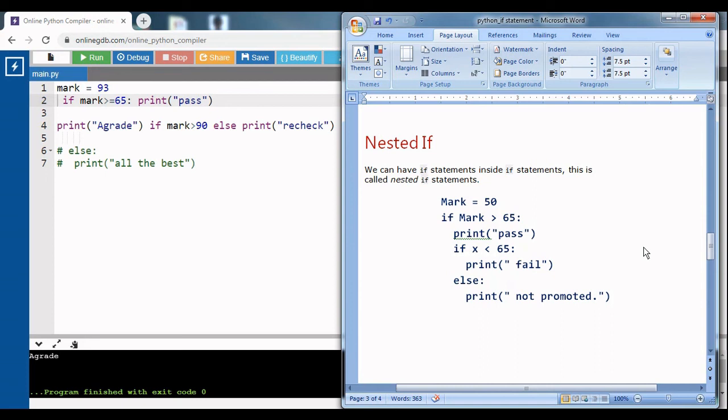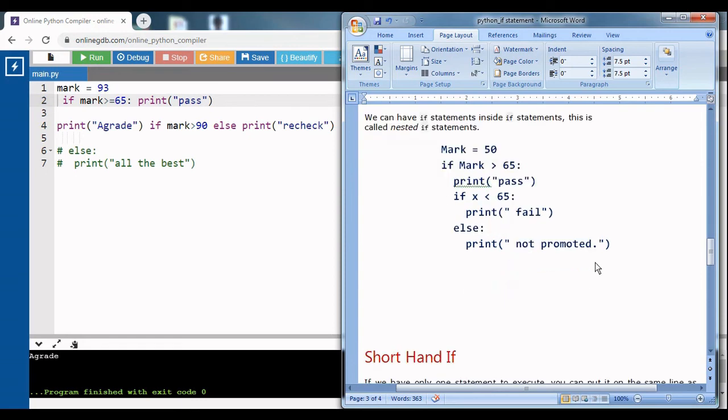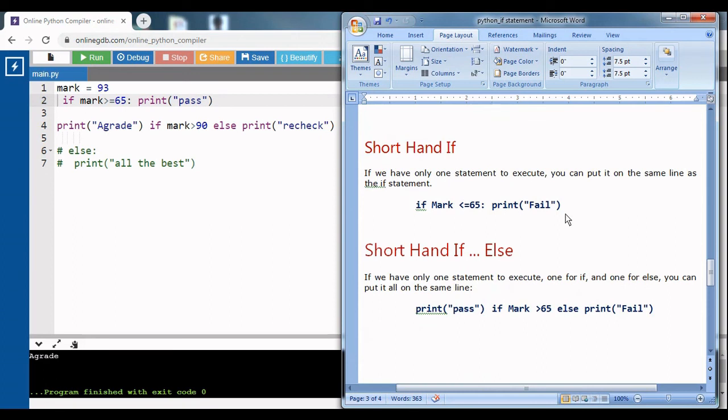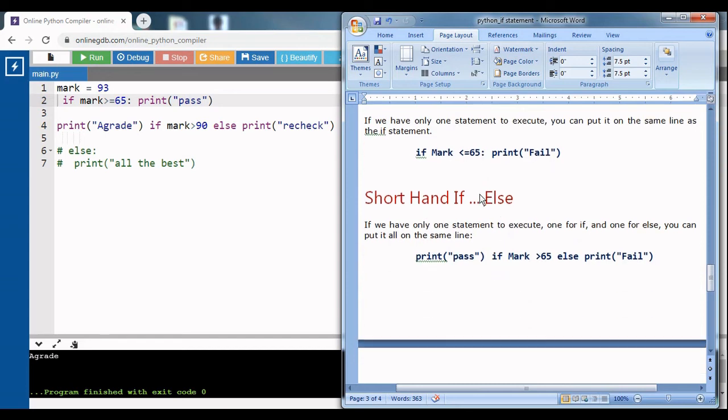When you are using decision making statements in a program, in whatever way you are going to write, in that way we can use the nested if. So an if within an if is a nested if. Next we have seen how to use the if statement in a single line: shorthand if condition, then print the information. Next, in case of if else, we have to print the true condition statement first, then the if condition, then the else part statement. If the condition is getting satisfied, this information will get displayed. If the condition is false, this information will be displayed. So in this way you have to write.